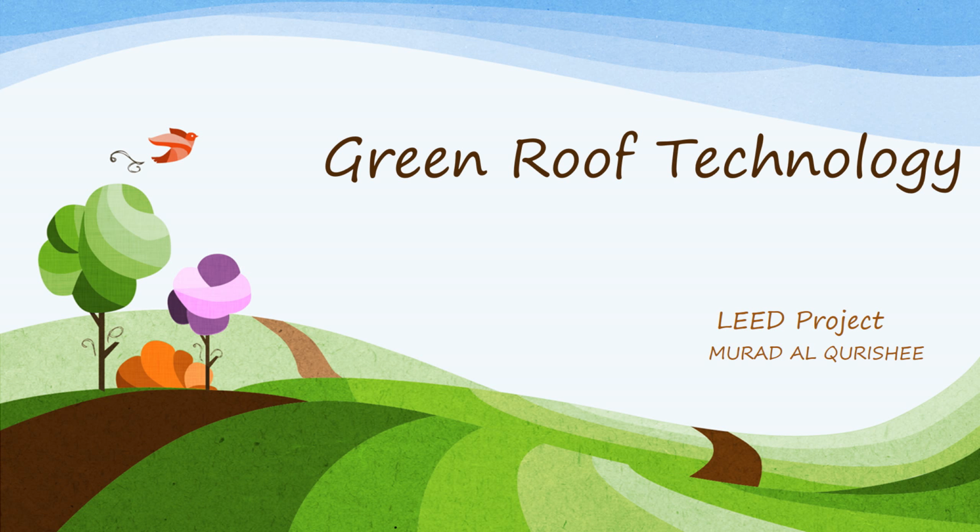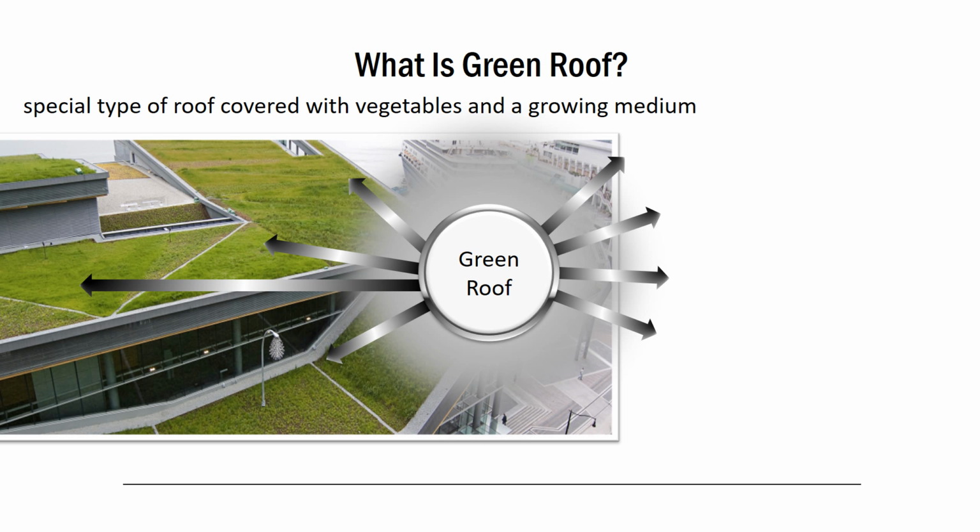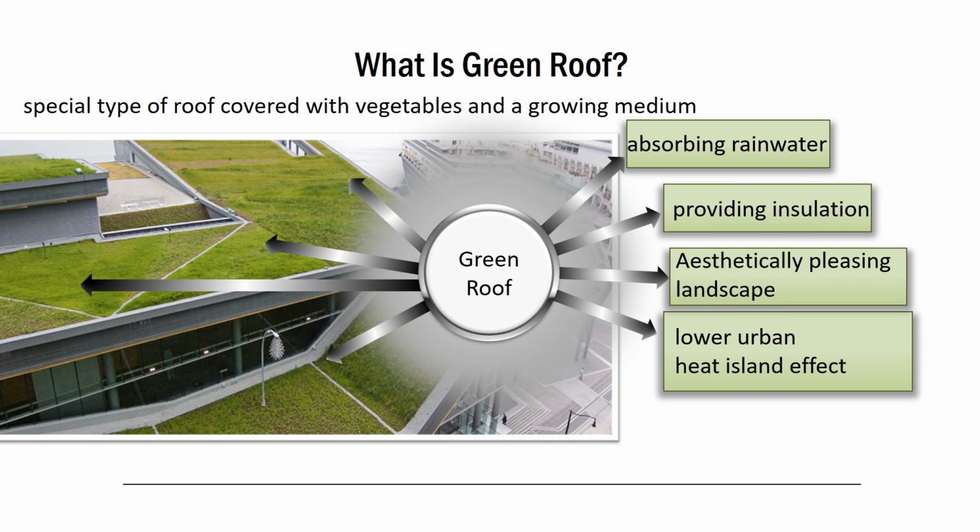This is on green roof technology. So what is a green roof? It is a special type of roof covered with vegetation and a growing medium. The green roof has some advantages: it absorbs rainwater, provides insulation, offers an aesthetically pleasing landscape, and lowers the urban heat island